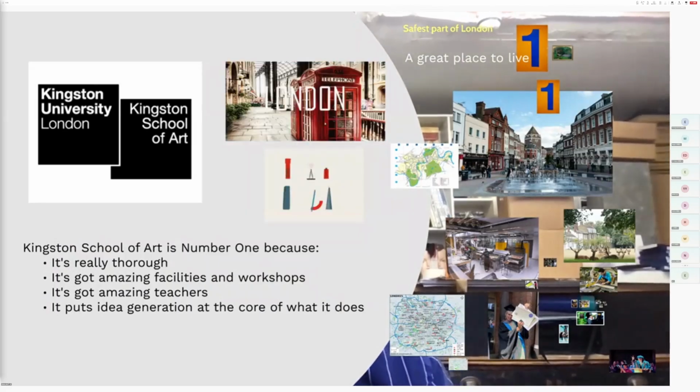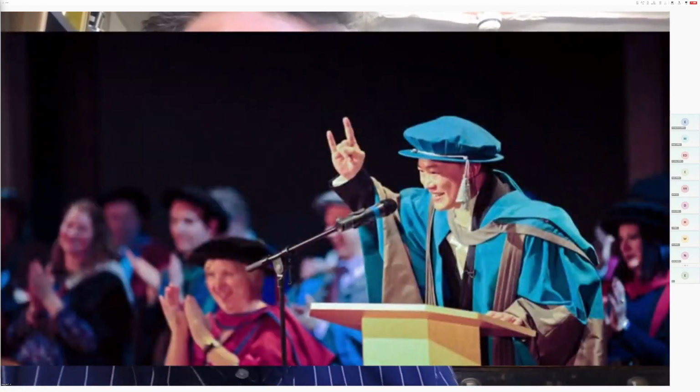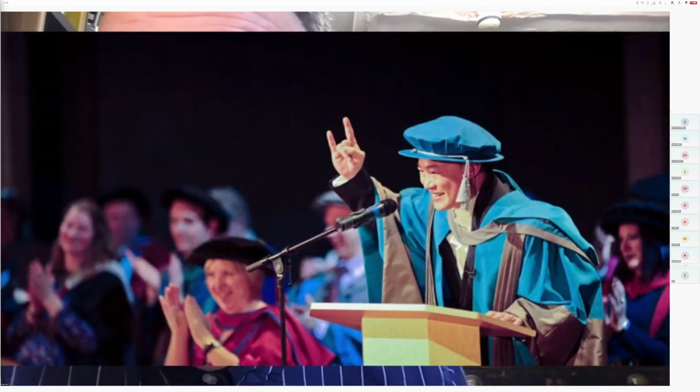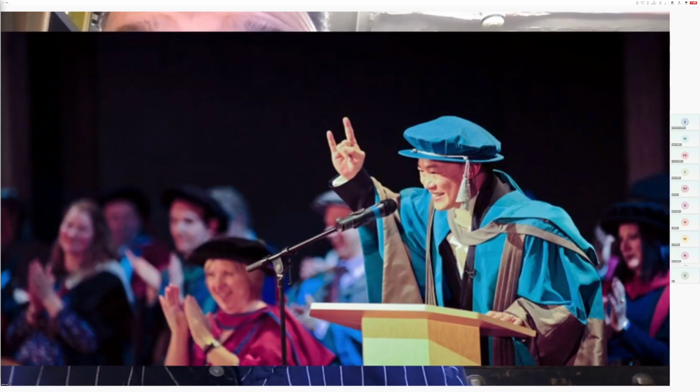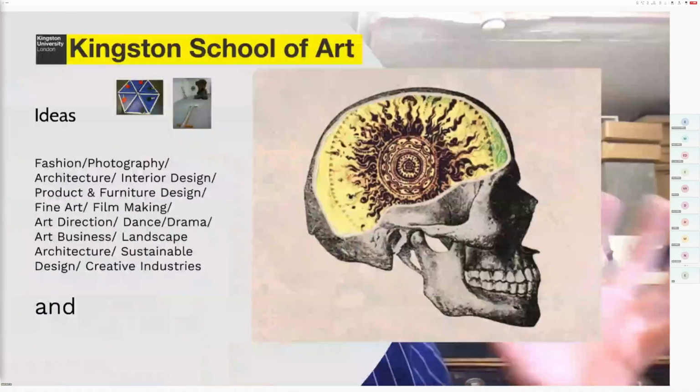top artists, designers, fashion designers, graphic designers, art directors, photographers, filmmakers have all come through Kingston. And I'm just going to show you one, but somebody like Yiruma, he's a musician, but he studied architecture at Kingston. And yeah, you know, some of the world's top architects have come through Kingston. So David Chipperfield, some of the world's top fashion designers have come through Kingston. So yeah,